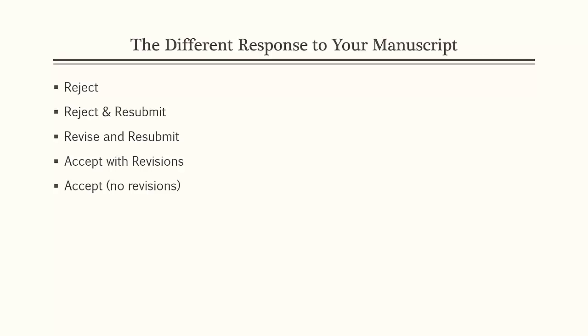And if you decide to resubmit it, it's not going to go to the same reviewers. It's going to go to completely different reviewers, which is why it's called reject and resubmit, because when you resubmit it, it's going to be treated as a new submission and get sent out to 3 or 4 brand new reviewers. And those brand new reviewers are not going to know anything about your piece. They're not going to know it was a reject and resubmit. They're not going to know about the revisions that you made. They're just going to treat it like a new piece. So it's my least favorite one. And sometimes if I get a reject and resubmit, I'll just move on to another journal.